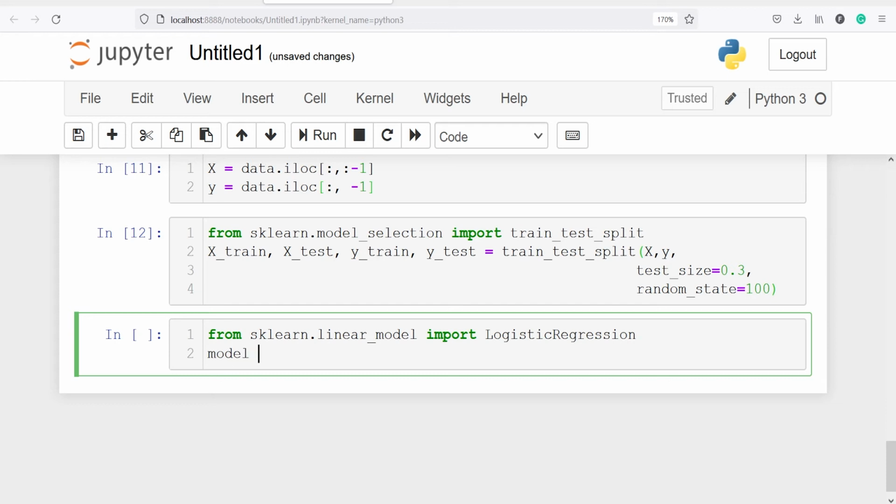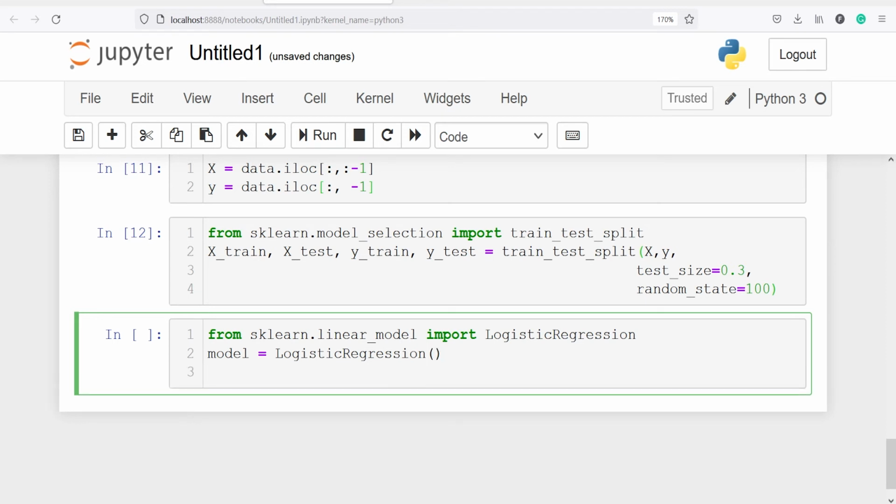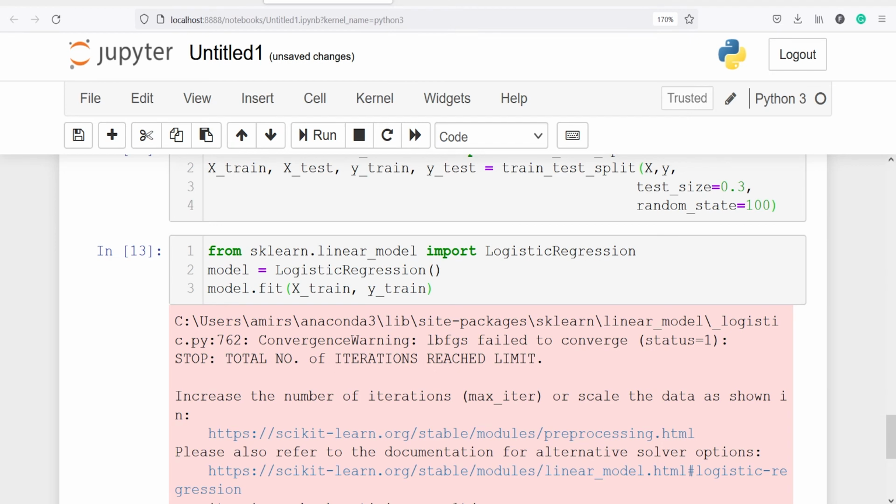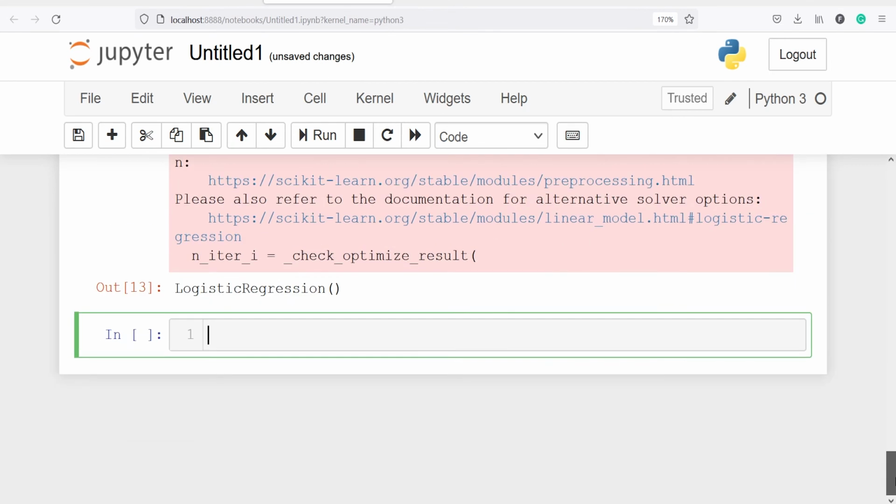I will write model = LogisticRegression(). Now I'm going to fit this on our X_train and y_train. I will write model.fit, and I will pass our X_train and y_train. Let's execute our code. So we have fit our model on X_train and y_train.